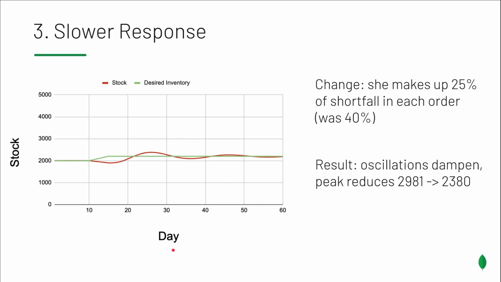Let's try slowing the response. And this is option 3. In this case, she makes up less of the shortfall in each order. She orders 25% of the shortfall instead of 40%. And now the oscillations dampen. The peak inventory reduces to 2,380, and the wobble is smaller, and we start to converge closer on the ideal